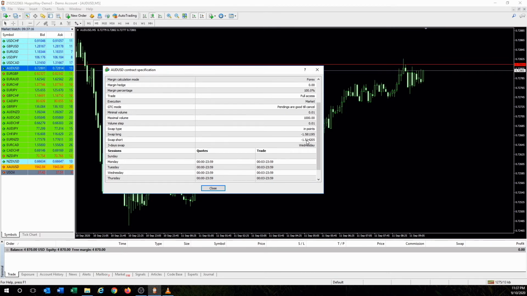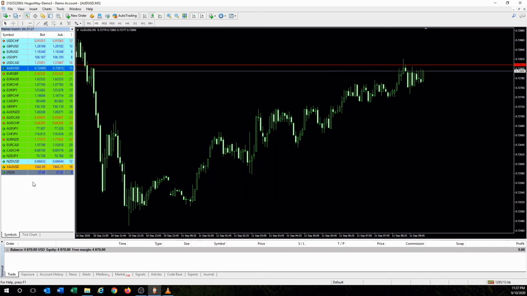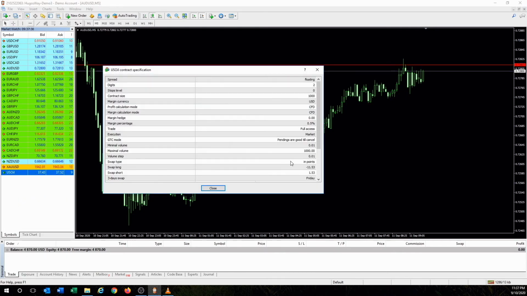But you can look in here for detail about any asset you're trading. For example, trading oil is a bit more advanced, but oil actually has a positive swap fee. So it's not very much, but let me take a quick look at it here. So it has a $1.53 positive swap. So like I said, the broker's not getting this money. We're paying this to the liquidity provider. They pay swap fees or they charge swap fees. It depends on the asset. And a lot of Forex, I don't think any Forex pairs actually pay a positive swap. I might be mistaken, but you guys can check it out.